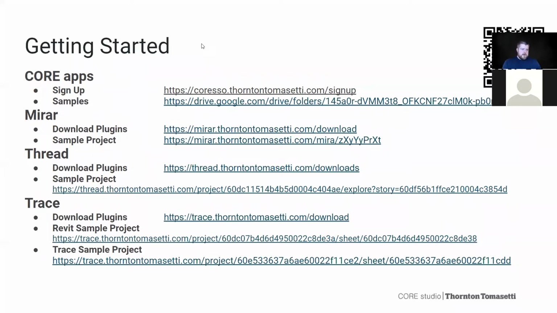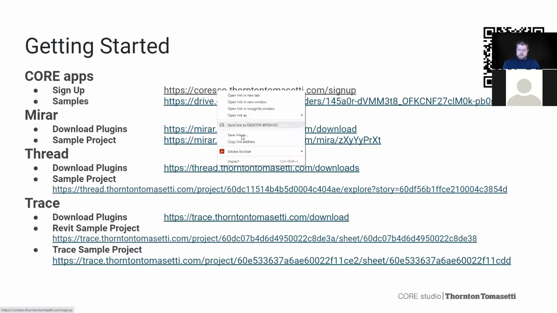Before we get started, this link was sent out earlier to everyone, but if you haven't yet had an opportunity to do the signups and downloads, we ask that you, if you want to follow along, take a few minutes now and particularly sign up for the core apps. When you go to this link